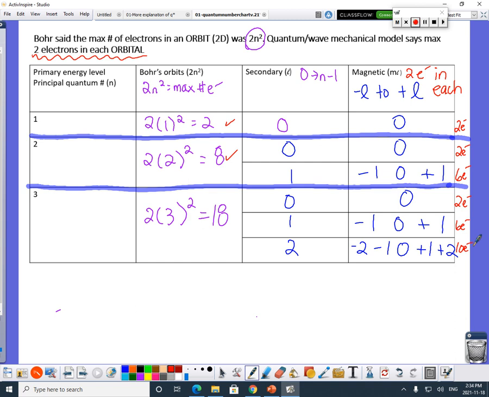What's 2 plus 6 plus 10? Okay? So I wasn't lying, we modified the truth. The quantum mechanical model does correlate slightly with Bohr,